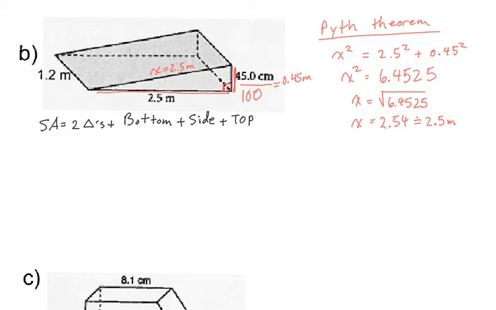The two areas are going to be calculated like this: 2 bracket 2.5 times 0.45 divided by 2, plus this bottom side area, which has dimensions 2.5 and 1.2,